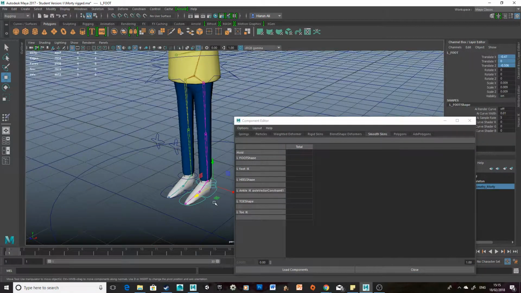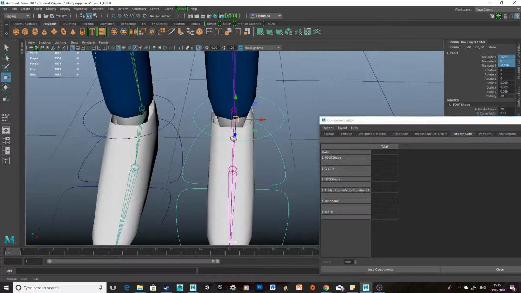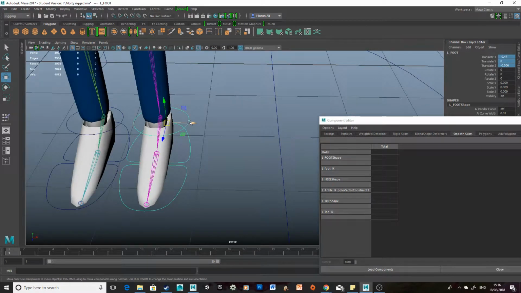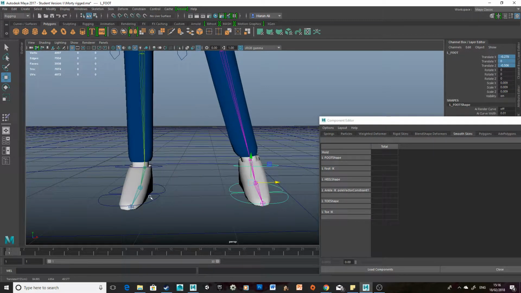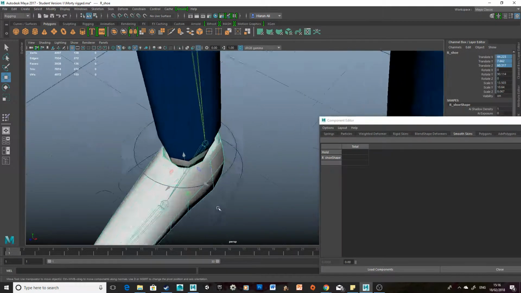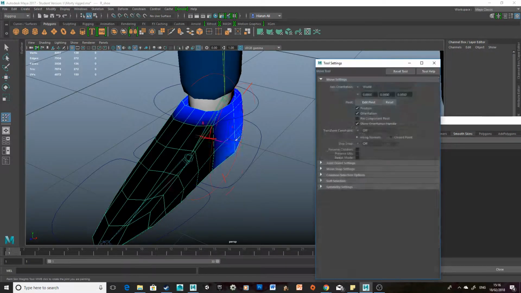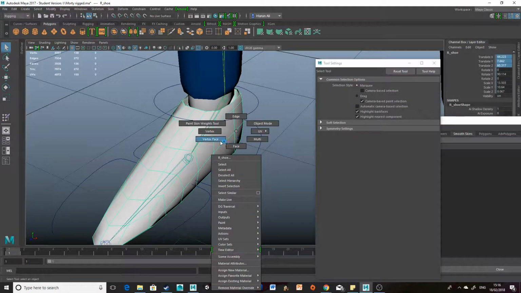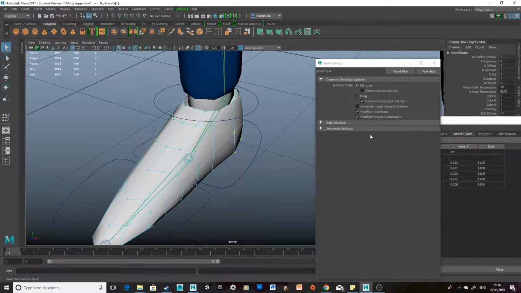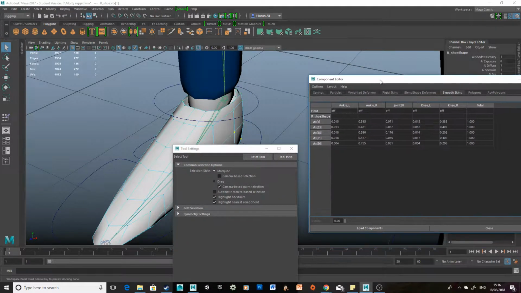And you might want to do the same on the legs as well, because you can see that these joints are very close to the left leg. So as I move it, again, you can see that it is being influenced by other parts of the foot as well. So I can just go in, select a number of these vertices. Like so. Go into the